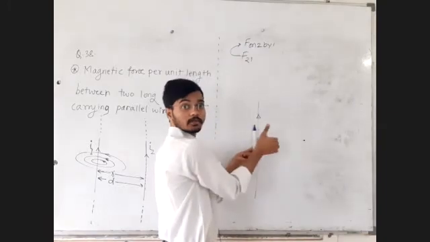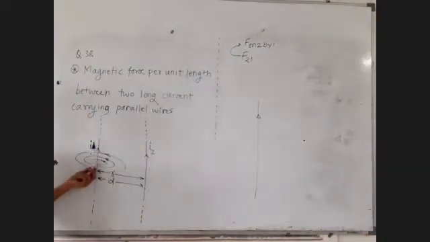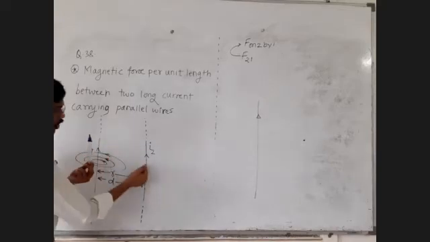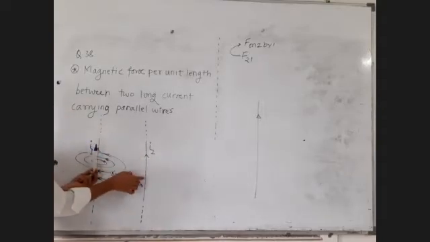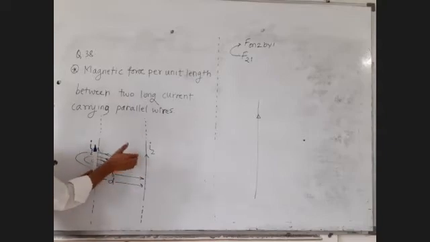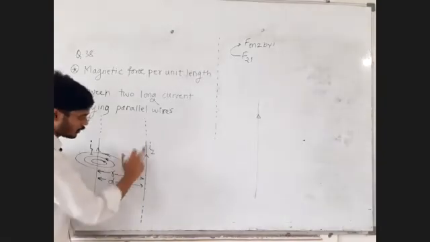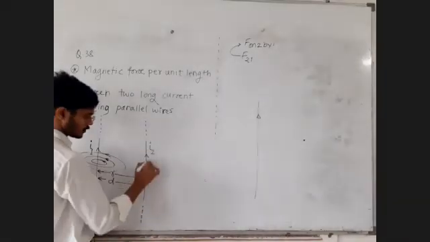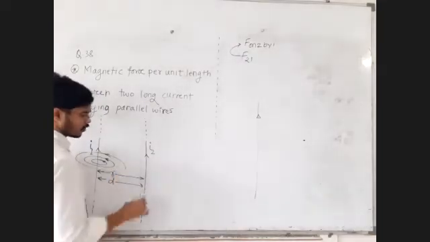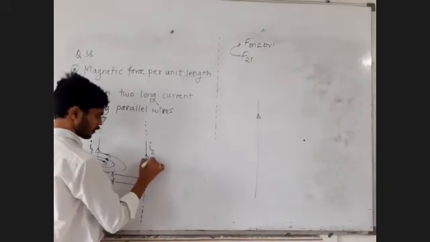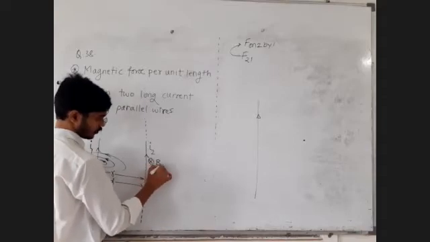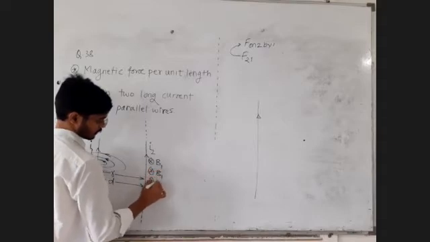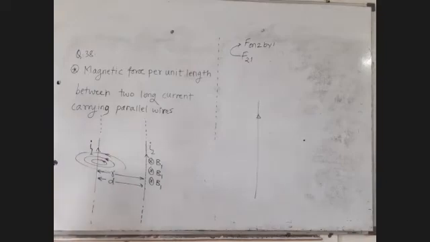That circle at this point will go in. So it is true for this case. If you keep on drawing the circles, all those circles from this point will go in. If you draw the tangent to that circle, that tangent will go in. So at all the points on the second wire, how will the magnetic field be? It will be going in. So let me show that magnetic field going in. This is the magnetic field because of the first conductor or the first wire.